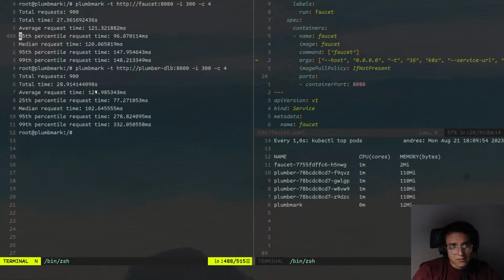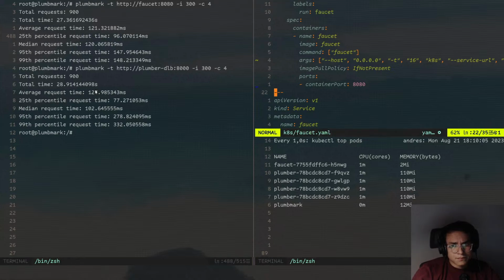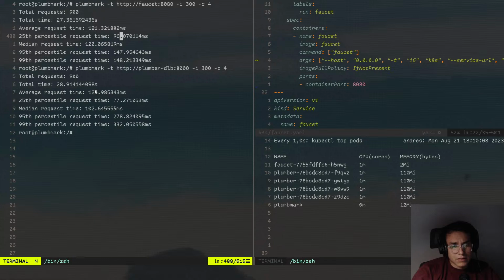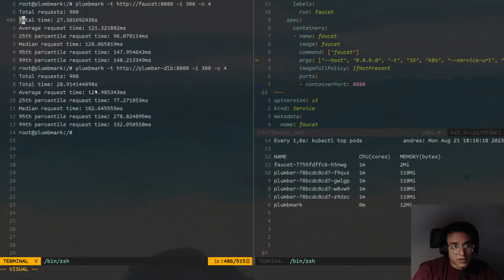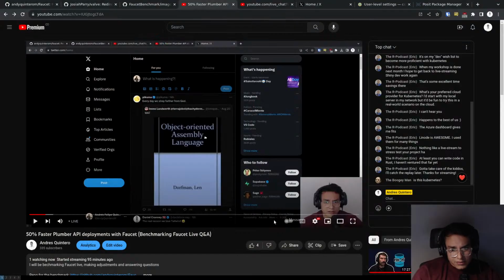I'm going to try to get the difference in the lower percentiles to be lower, because this is still quite a long time that we could improve on. 20 milliseconds times 300 is about 6 seconds that we could shave off. If we extrapolate this, I'm going to have to graph it, probably get this benchmark into a CSV file so that we could test things out and graph them. But I'm going to try to do some optimization and